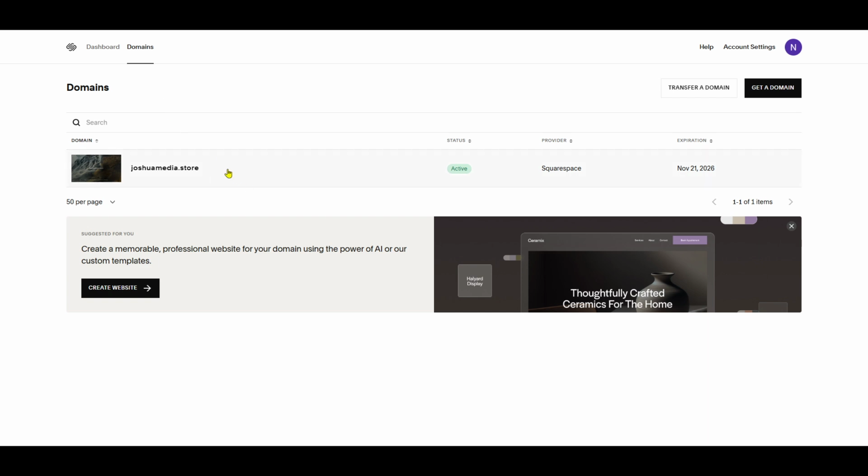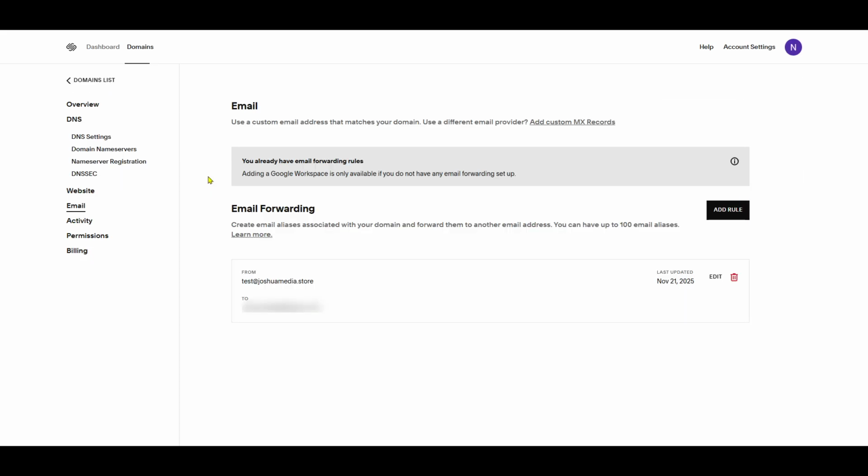After selecting the domain you wish to manage, you'll notice several options appear. Click on Email. This section allows you to set up forwarding rules, which is what we need to focus on today. Forwarding a domain involves creating specific rules or aliases that tell the system where to redirect incoming requests for that domain. Now, locate the Add Rule button and give it a click. This is where you'll define the pathway for your domain forwarding.